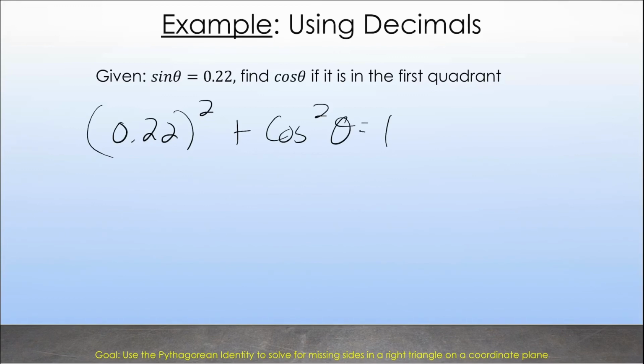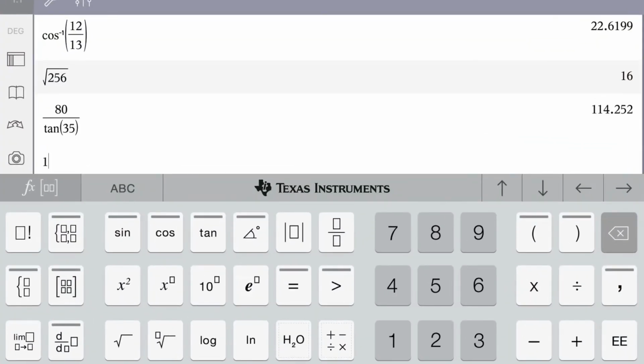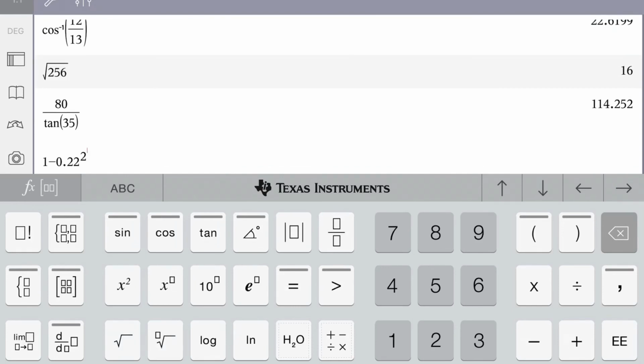I would subtract that, so I'd have cosine squared theta equals 1 minus 0.22 squared. So what I'm going to do real quick is take that 0.22 and put that in my calculator. So I'm going to say 1 minus 0.22 squared,